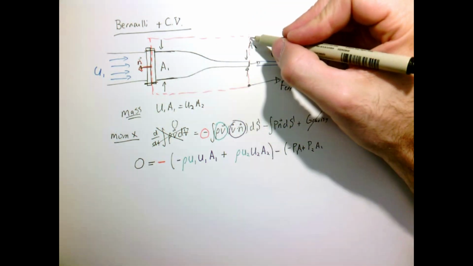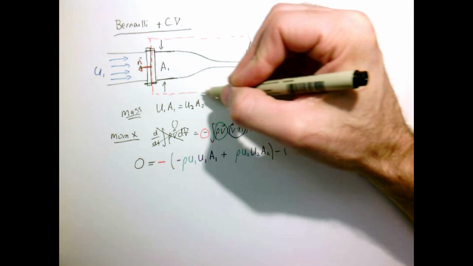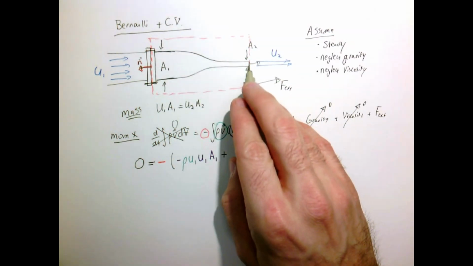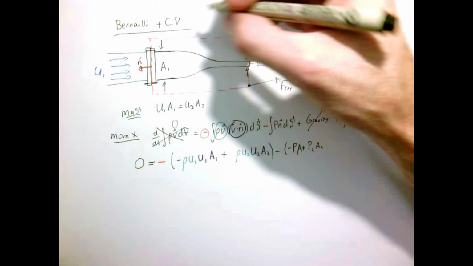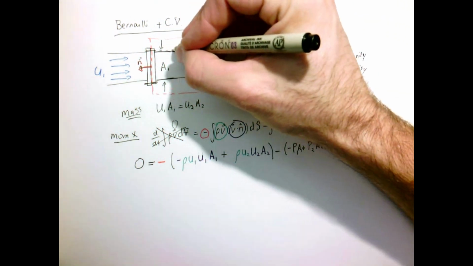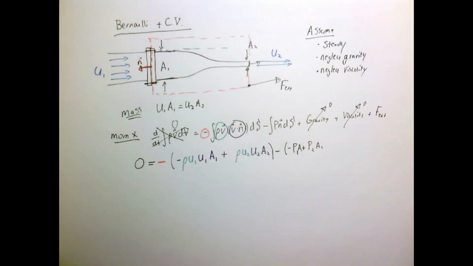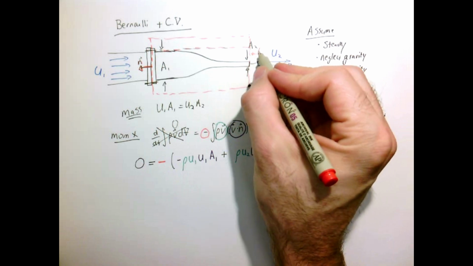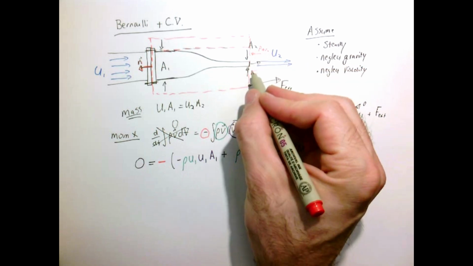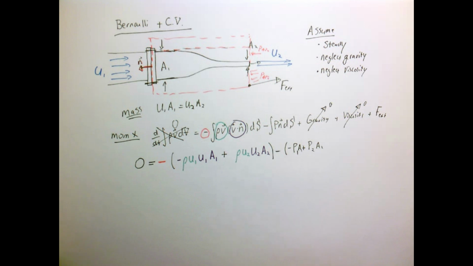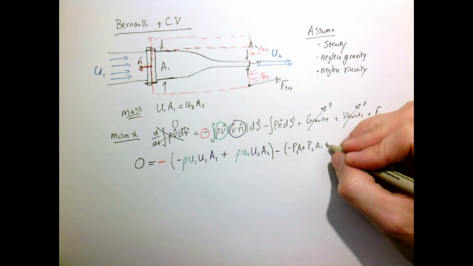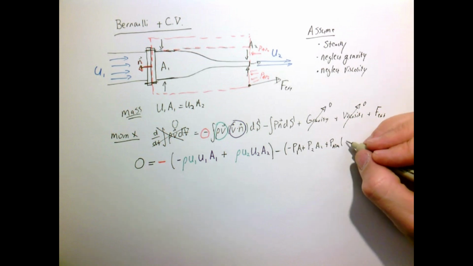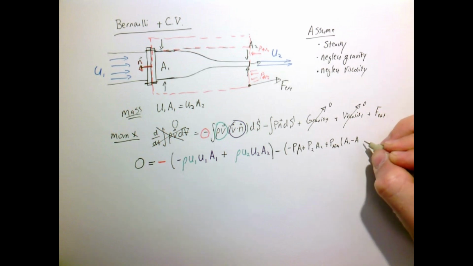But we have to be careful with the rest of the control volume as well, because we have to consider the pressure acting on every surface. So here we have the pressure of the fluid at the exit times A2, but over this projected area, maybe I should draw that in red actually, we also have the pressure of the atmosphere. And it's pushing back in the negative direction, so I'm going to add it as plus P atmosphere times A1 minus A2,